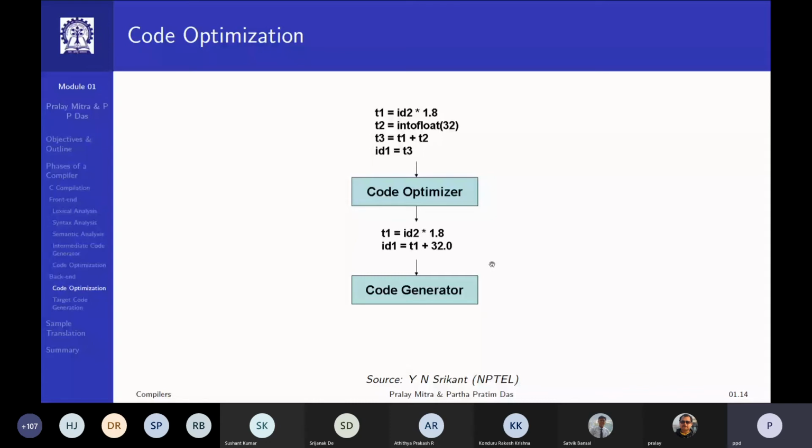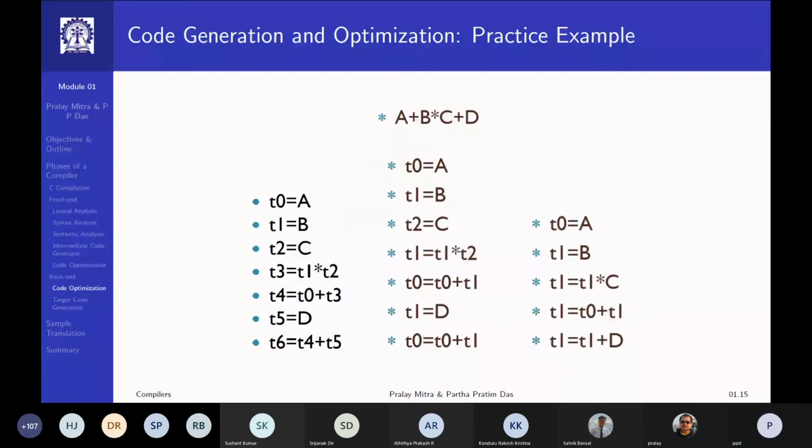There is a huge amount of optimization that is possible, but this is just the core idea. So we come to the last phase, which is the target code. Okay, before that, another example, A plus B star C plus D. So on the left, the first translation: T0 is A, T1 is B, T2 is C, T3 is B star C, T1 times T2. T4 is